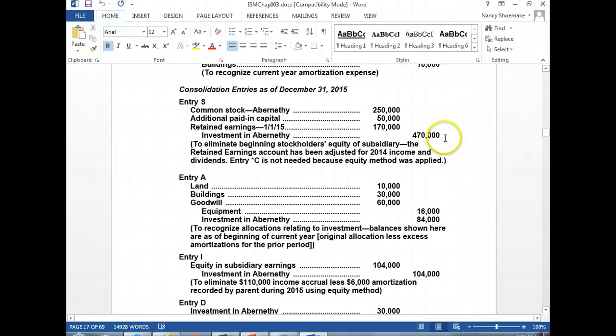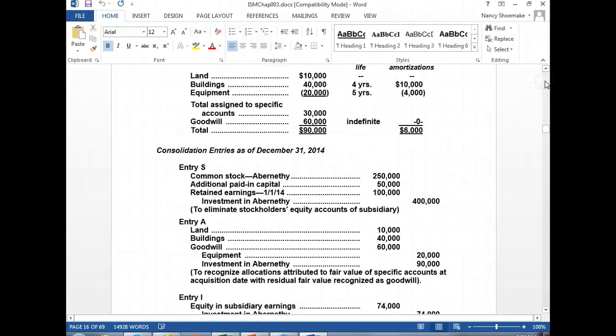Now, can you see these allocations take into account what we've already done? Do you see how our equipment is down at a minus at $16,000 here to adjust for what we've done in the previous year? Our buildings are sitting at 30 increase. Do you see how last year they were sitting at 40? Do you see our equipment was at 20